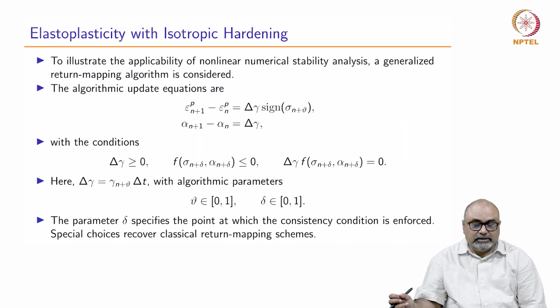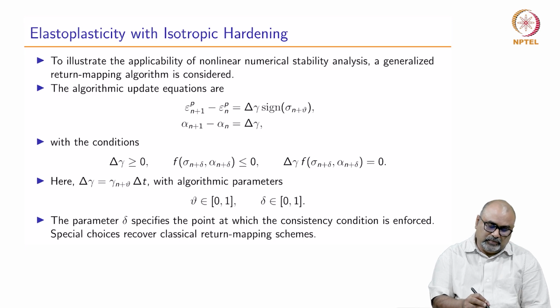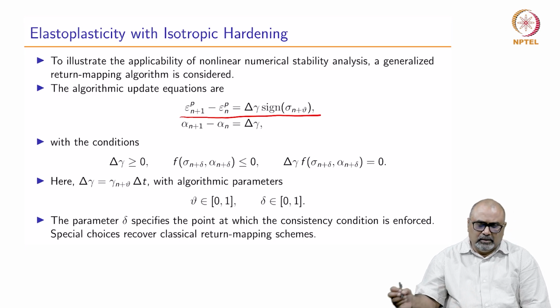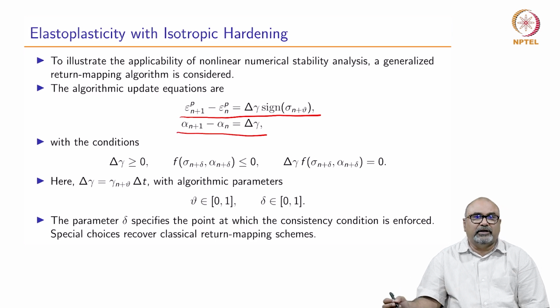Now, to illustrate the applicability of nonlinear numerical stability analysis, we can consider a generalized return mapping algorithm with isotropic hardening. So, the algorithmic update equations are given like this. We have epsilon n plus 1 p minus epsilon n p is equal to delta gamma sign of sigma n plus v, and similarly alpha n plus 1 minus alpha n is equal to delta gamma,